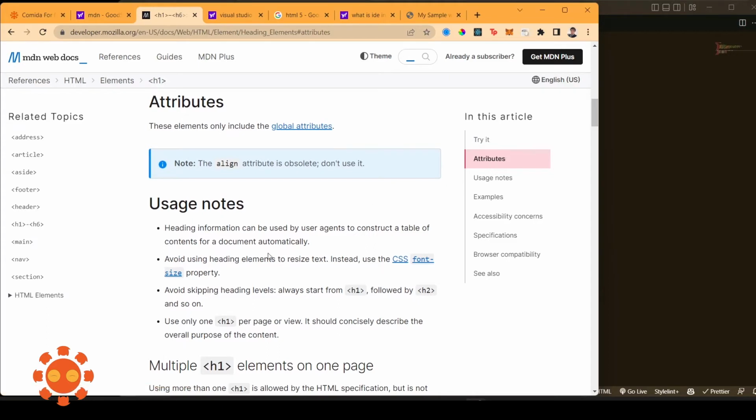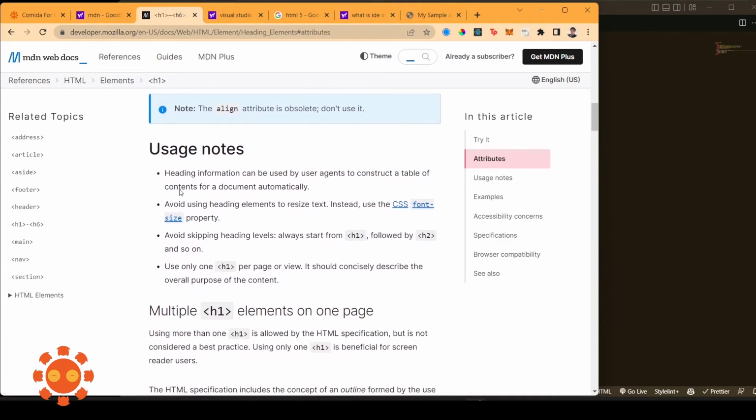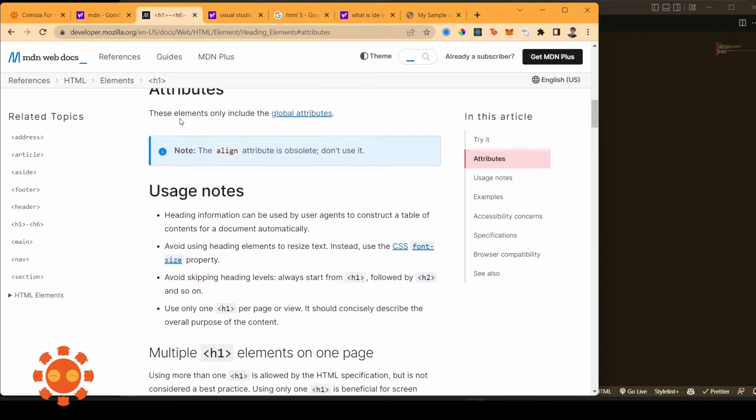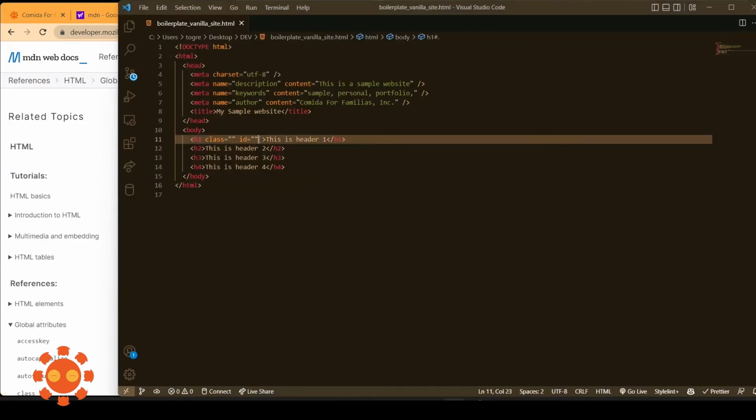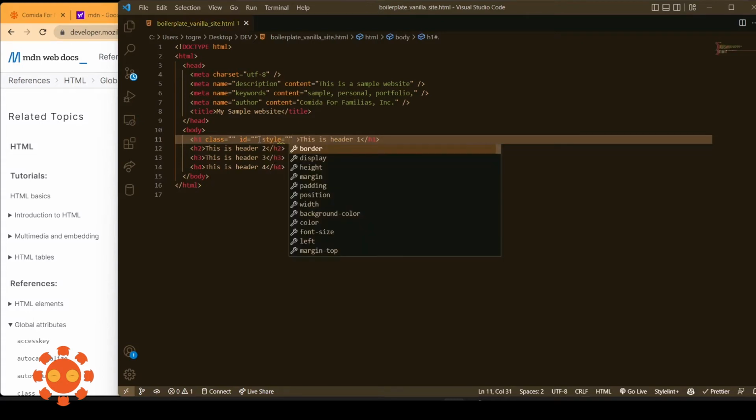You can find the attributes right here on the side. And you can see class, ID, and even style. And this I would not suggest that you do, but style would be to change the style of the header. And this is called inline styling, but you definitely want to use CSS, a separate CSS file